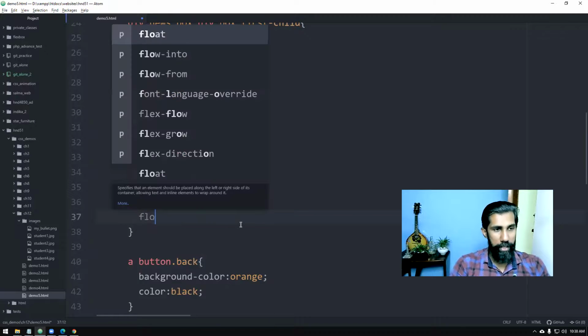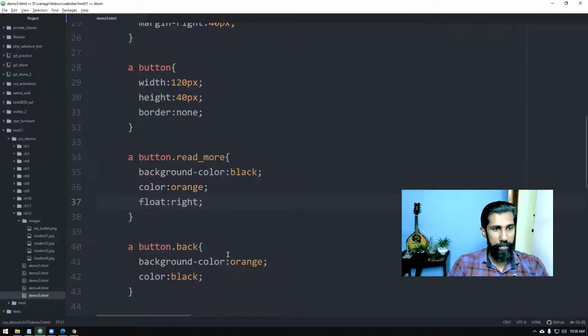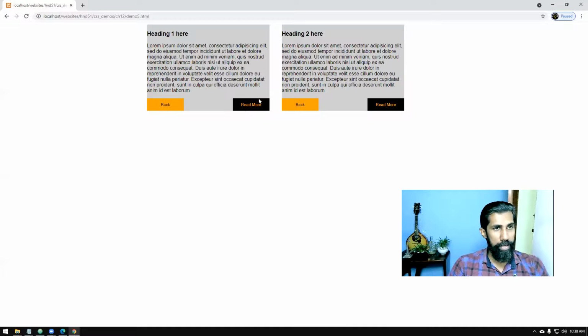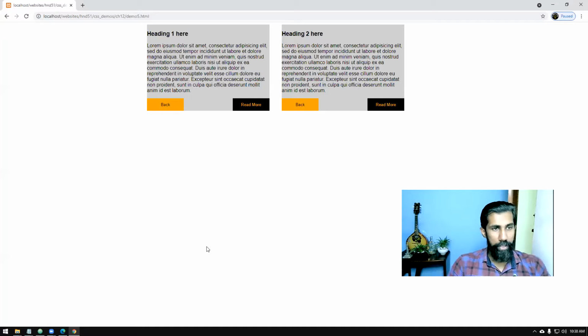Okay, let's say float right. See, one button is that side, default float is left. So you can play around with these values, right? So let's say I put the other one also float right, then I can have both attached to this side, right? Then say the back button's right side margin, I want 25 pixels.